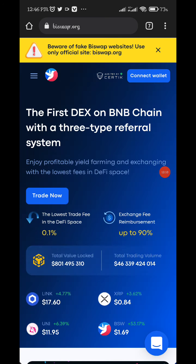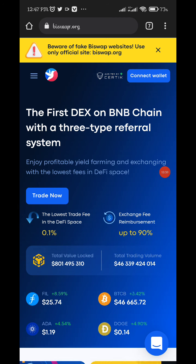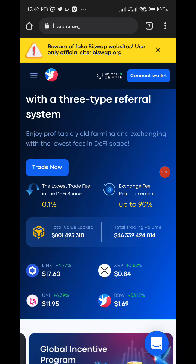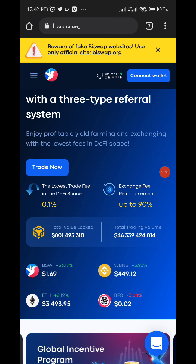One thing, before investing in any project, you always need to take note of what this project has that will entice investors to want to invest in it. You need to check out for those things. Don't just invest because the market cap is low or because you notice people are buying at that moment. People might just be buying for the purpose of buying. People pump it and they sell. They are not buying for long term. They just want to make little profit within a short period and leave the project